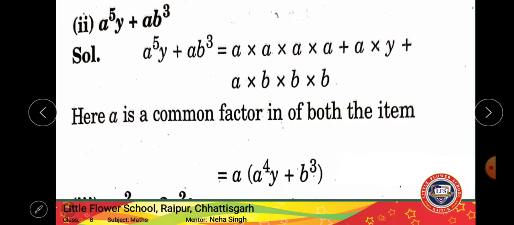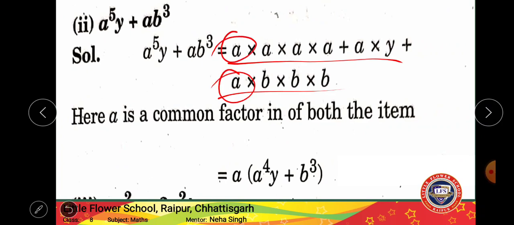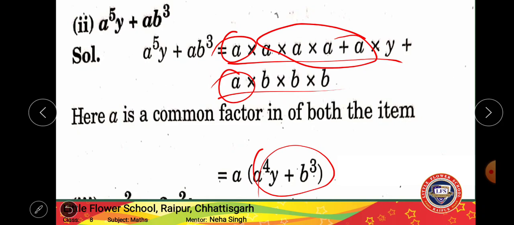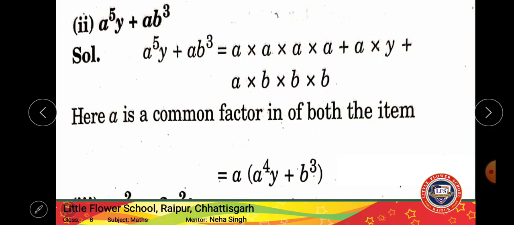See again here, in this what is done, first you are writing all the factors, right? In the first exercise how you have done, right? Like first we are writing all the factors, and after writing all the factors we are seeing which we can take common, right? Here a and a can be taken common, so after taking common, rest of the terms we are writing as it is. One is this method. One more method is how we can do, like I had solved the first question.